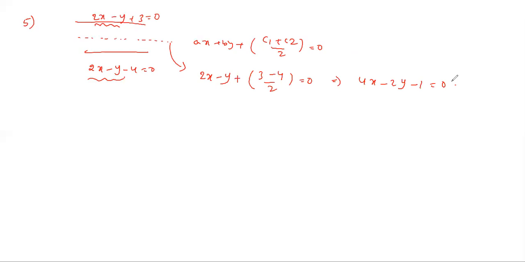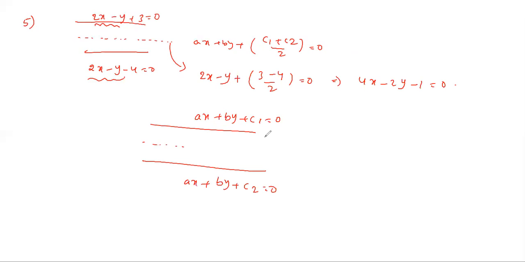Understand the midway equation? So can you explain it once more? Suppose you take the general equations ax plus by plus c1 equal to 0 and ax plus by plus c2 equal to 0. Take this one line which is equidistant to both the lines. That line is the exact midpoint, so that equation is called the midway equation. You have to find this equation.